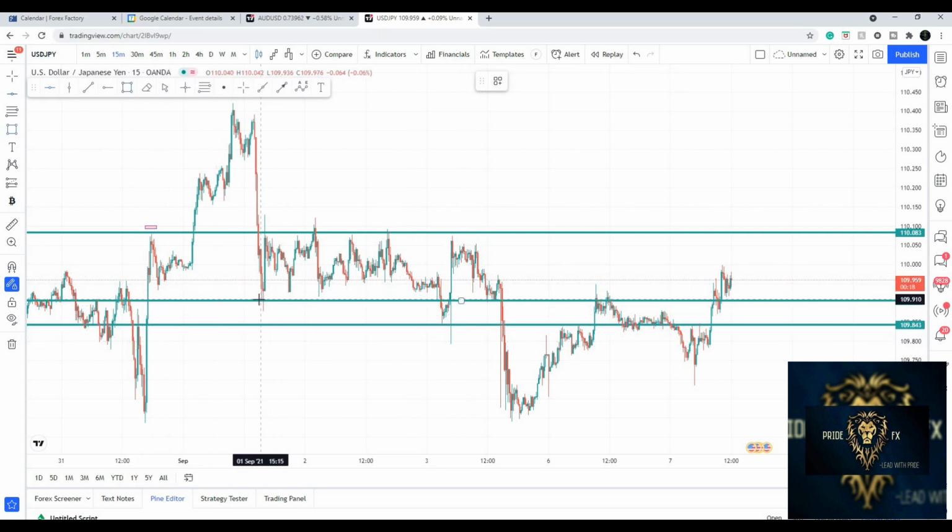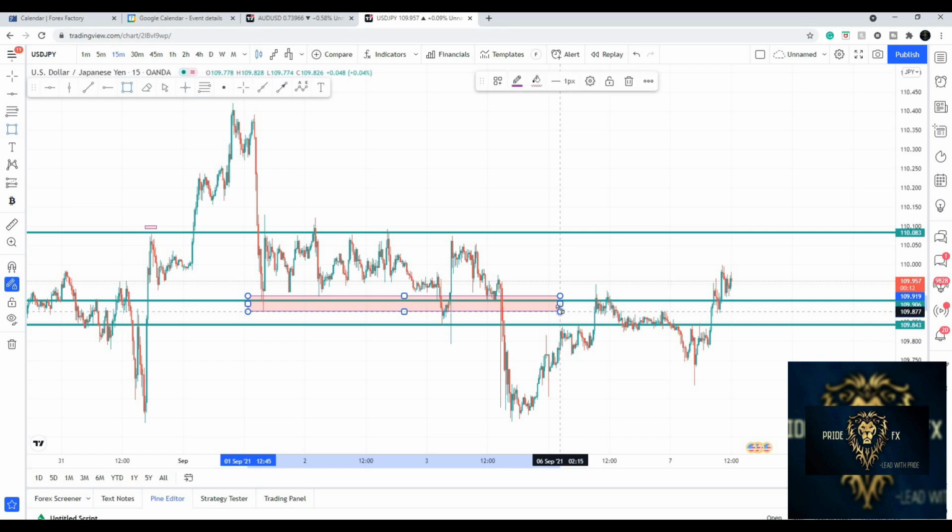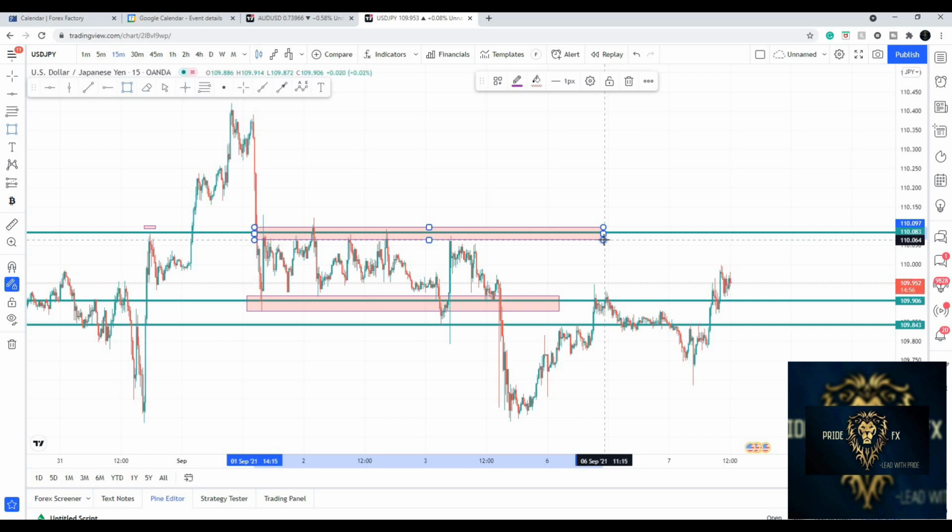And so what we're going to do is just drag over an order block, or as I would say, a support and resistance. And we can do that as well on top, okay? So we're just going to draw that over there, going to extend it. You can extend it for usage in future, but for now we want to be focusing on what the event is about to do, okay?